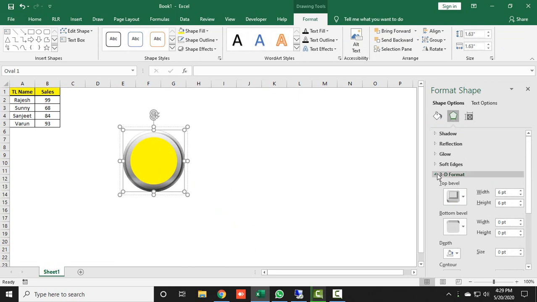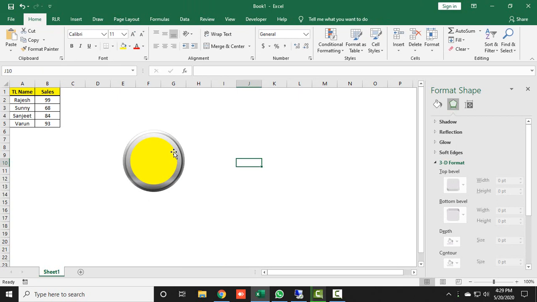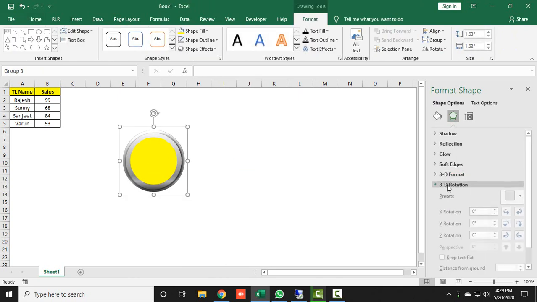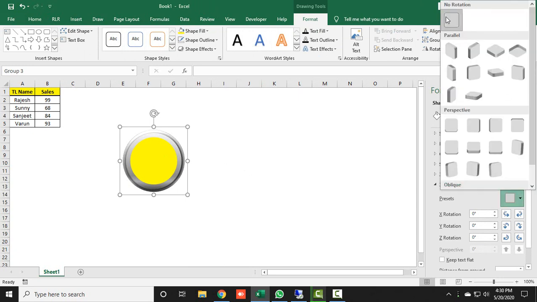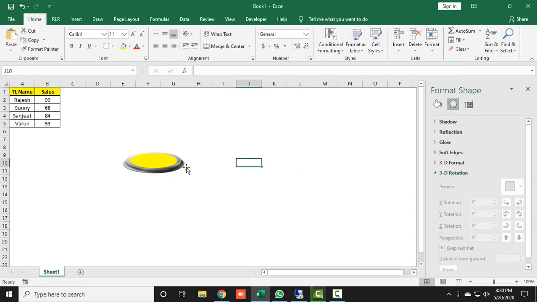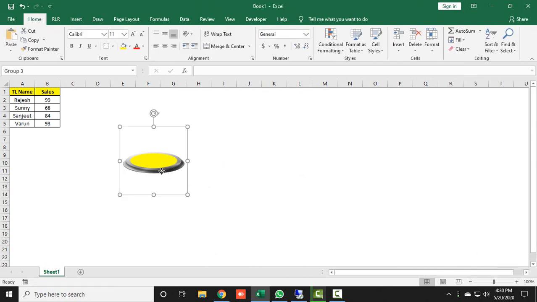Now click outside anywhere, then select the complete oval and go to 3D Rotation. Under Preset, under Parallel, I will select this one, which is Off Axis 1 Top. You can also increase the depth of it, but I just want something new this time, so I will keep it. Now this is done.